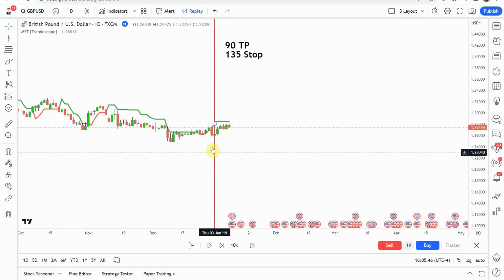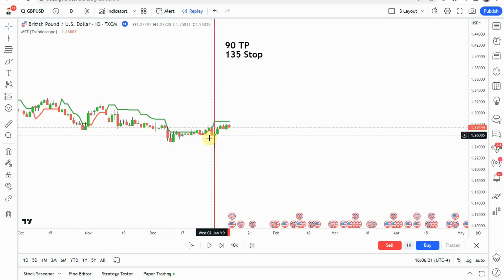Alright, so the first signal that we pick up is going to be a short signal as the price breaks down below that super trend line right here and it turns green. Now, as I said in the other videos, if you look right above my mouse here, you can see the numbered coordinates of the indicator itself. And you can see that it is green right now. And if I move it to where the indicator is red, the line is red, it then shows those numbers as being red. And so that will show us when we actually get the coloration switch